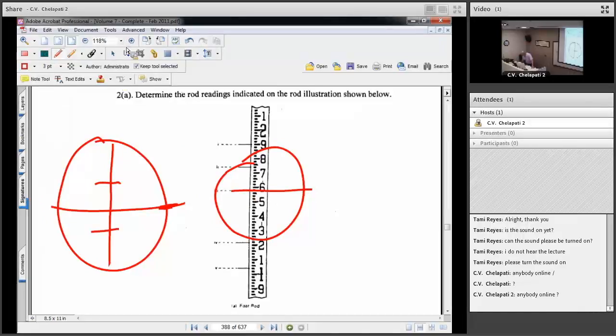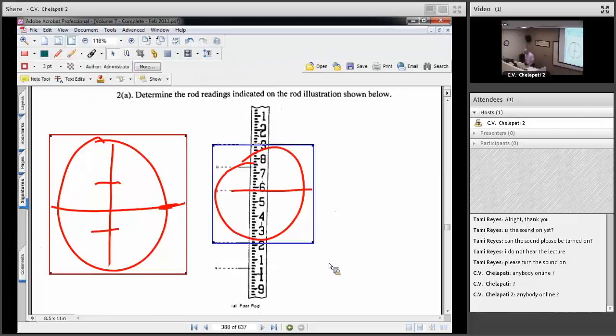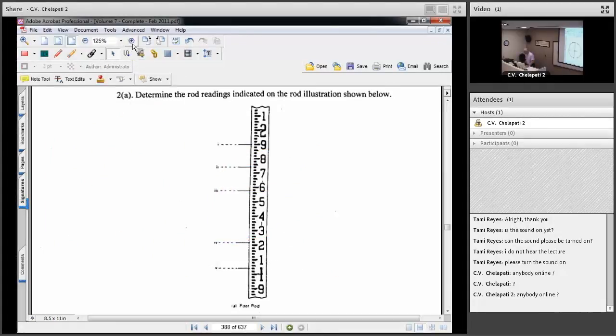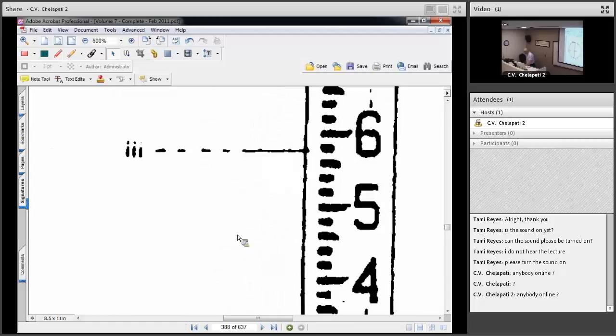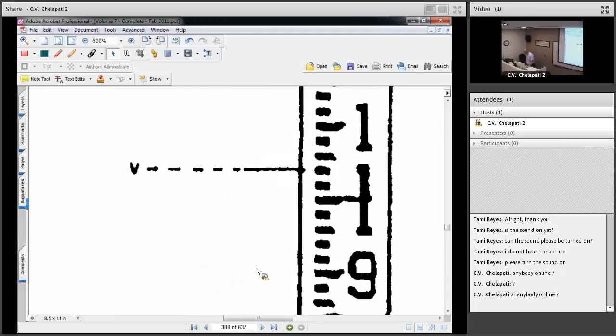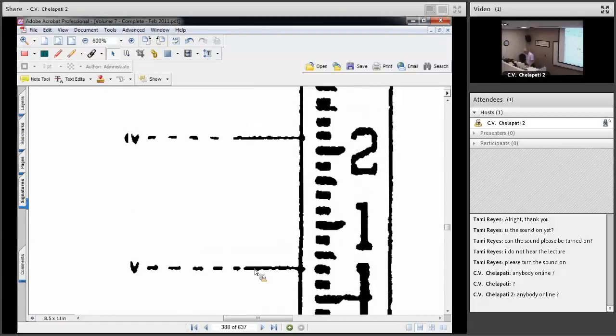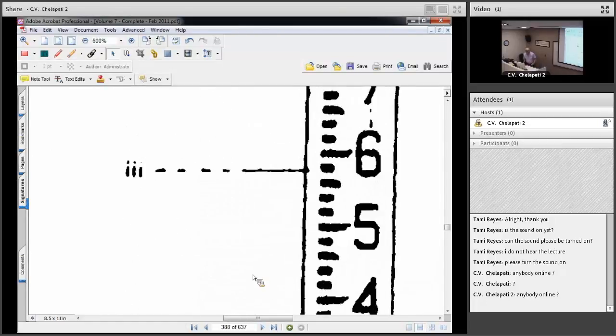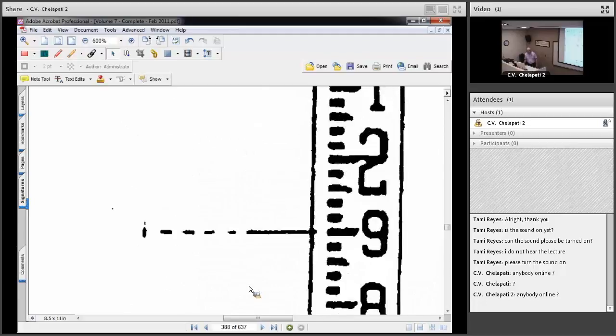And we're going to read right there, okay? Now, I'm going to blow this up a lot so you can see the detail of this. Now, you see the really big numbers, the big number 1 and the big number 2. On the real rod, those numbers are